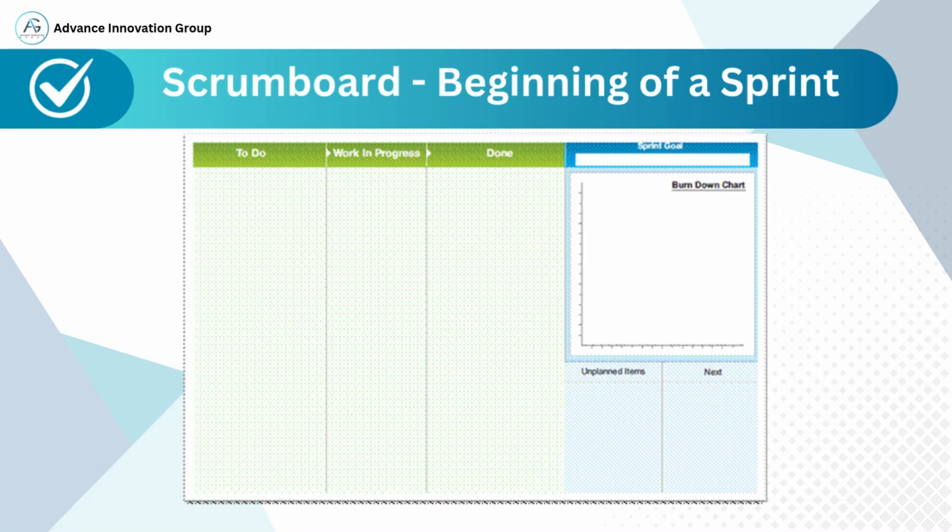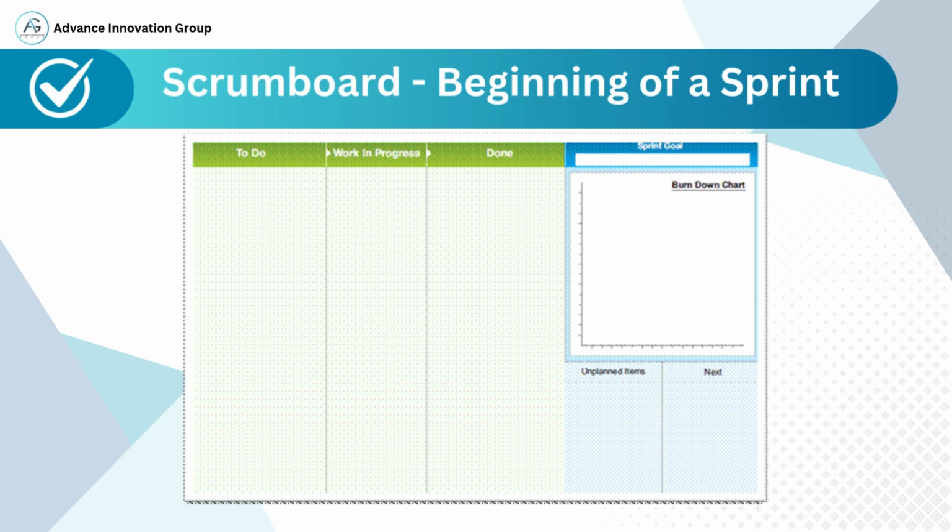Since this is the beginning of the sprint, almost all items will be in the To Do column. On the right side of the board, we also see the Sprint Goals section, outlining what the team aims to achieve. The Burn Down Chart, a tool for tracking progress by visualizing remaining work. Sections labeled Unplanned Items and Next, which allow teams to manage unforeseen tasks or prepare for upcoming work. This visual management tool enables the Scrum team to stay aligned, maintain transparency, and quickly assess the sprint's progress in